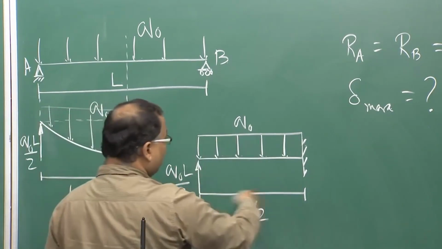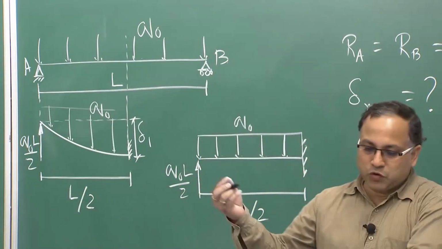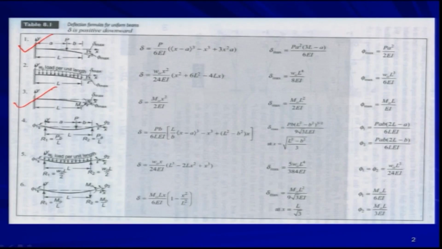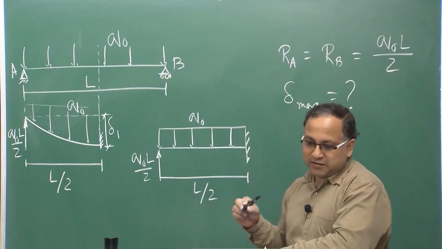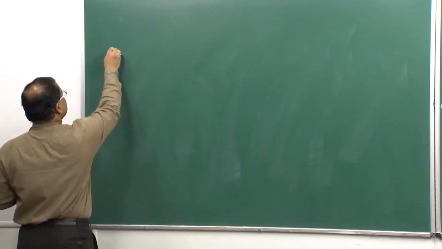And this kind of configuration you have in this table. Suppose this is case 2, and you have the concentrated force at the end. That can be extracted by doing some manipulation from this ready-made problem. So, let us do that. So, your delta 1,